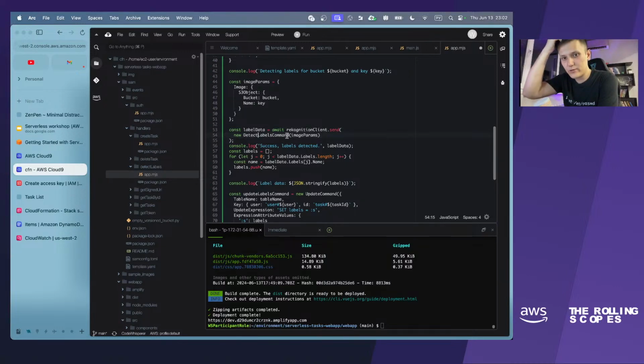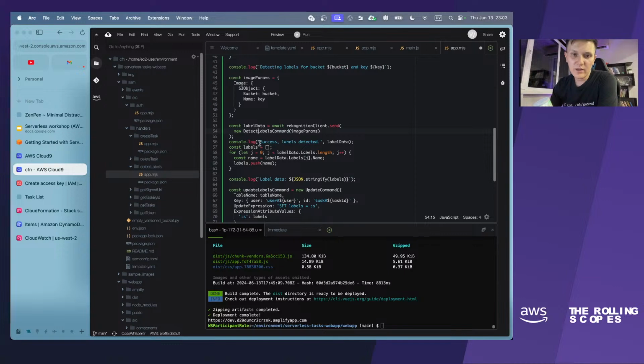After that, Rekognition will analyze our image, detect some things on the image, and return an object, but in this object we will have an array of labels.